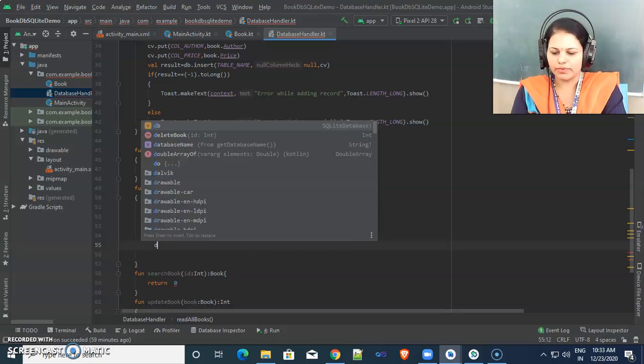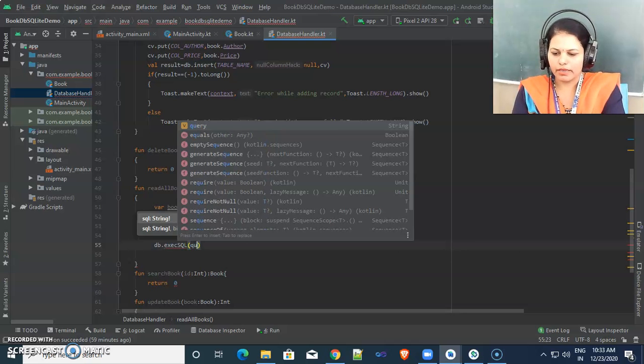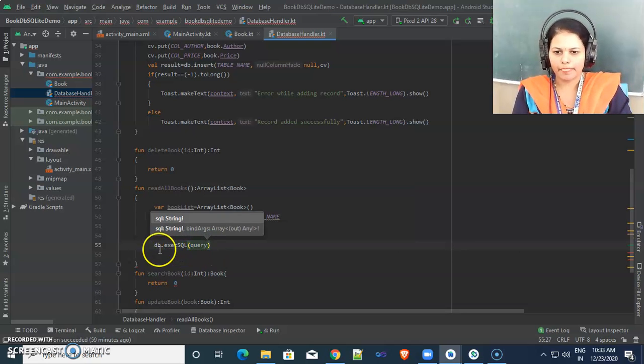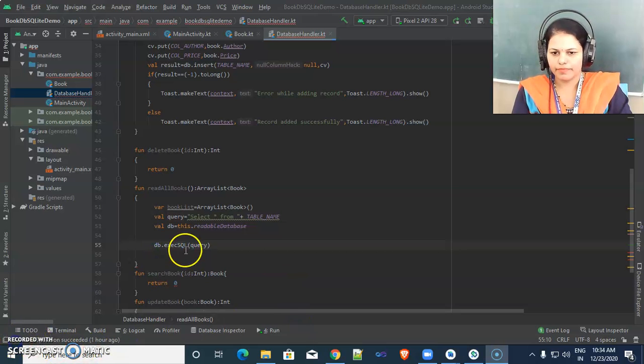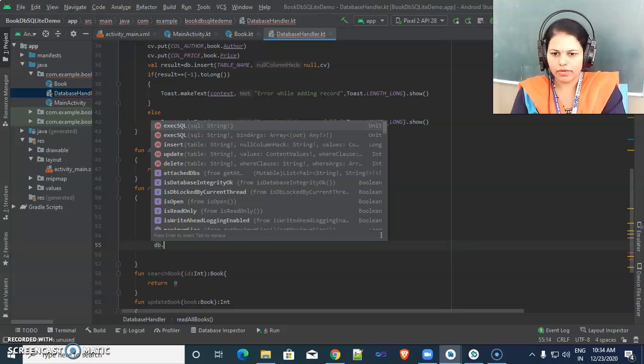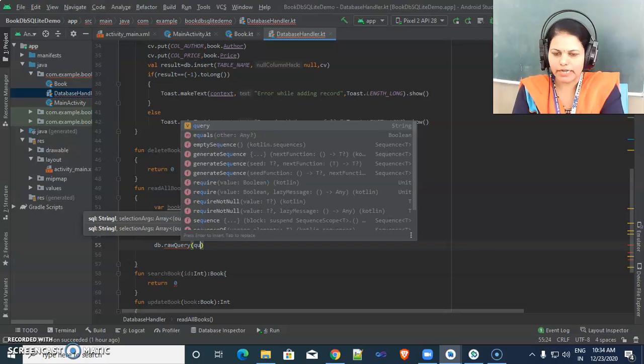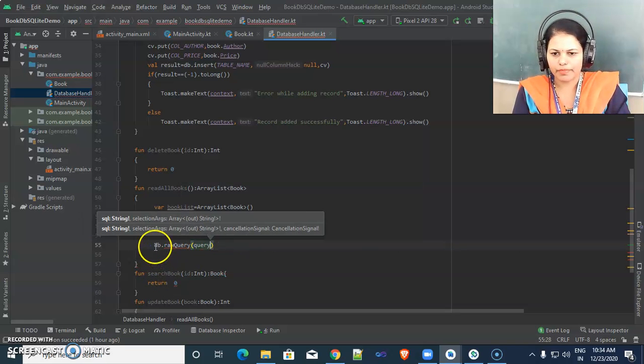Now we want to execute db dot execute SQL, and here is the query. Actually here we need to give db dot raw query, and inside this we are passing this query.